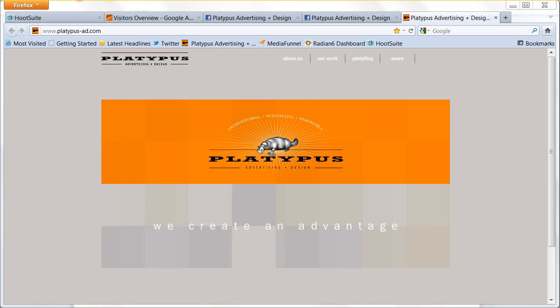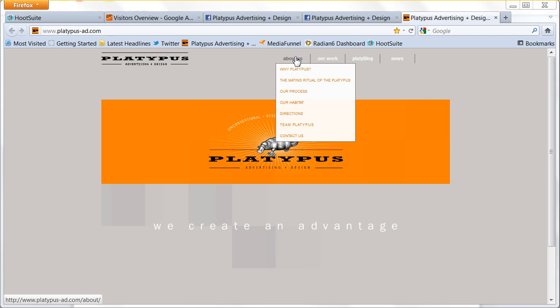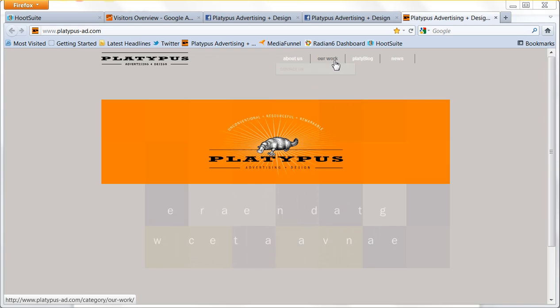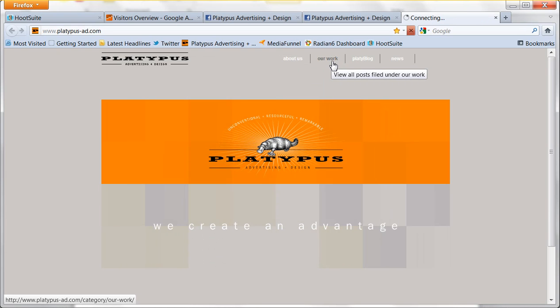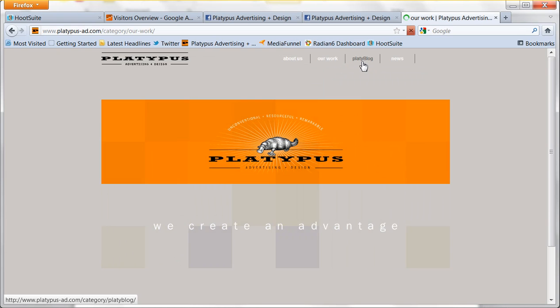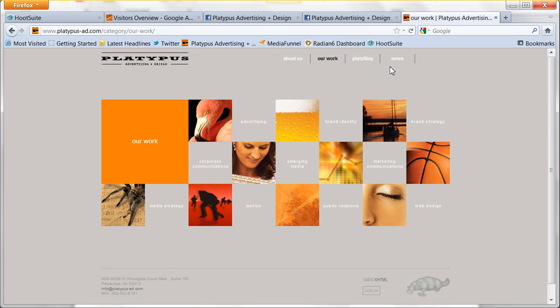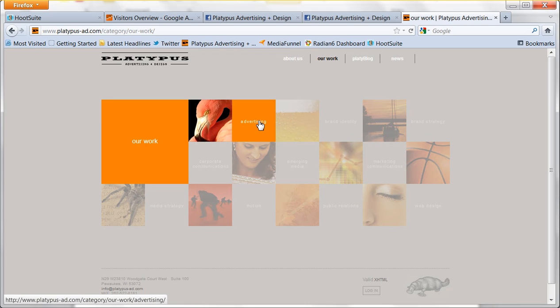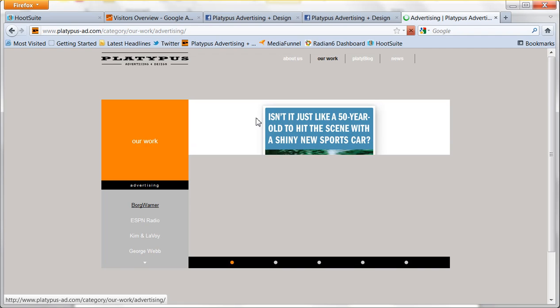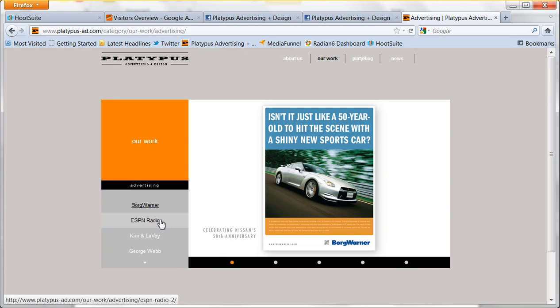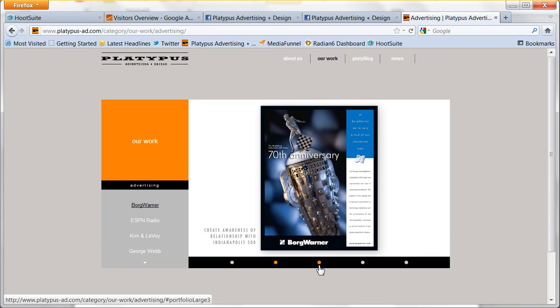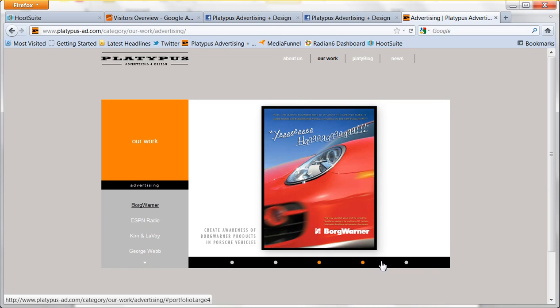So here's the website, and their website has a simple home page and a simple menu about the company. It shows some of the work that they do. They have an integrated blog and also a place for news and new releases. So, for advertising, it'll go through a portfolio of different work that's available, some of the companies that they've done work for, some of the examples of the graphic work,